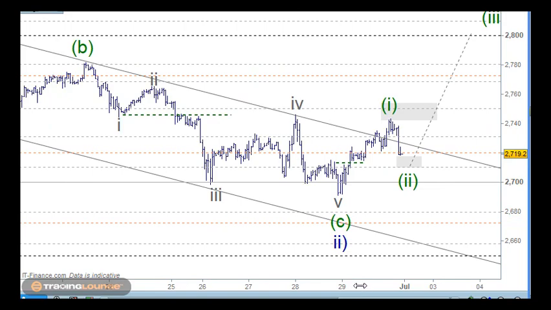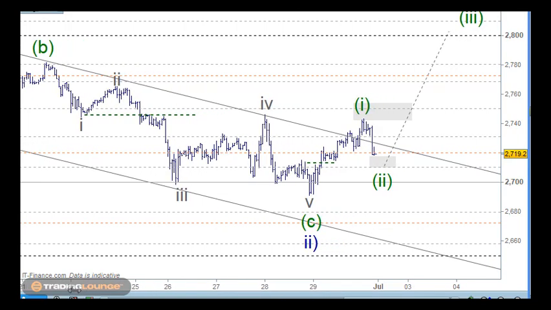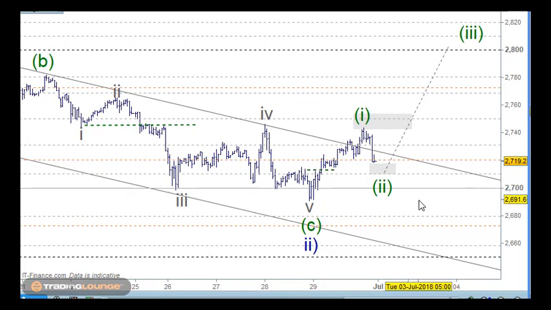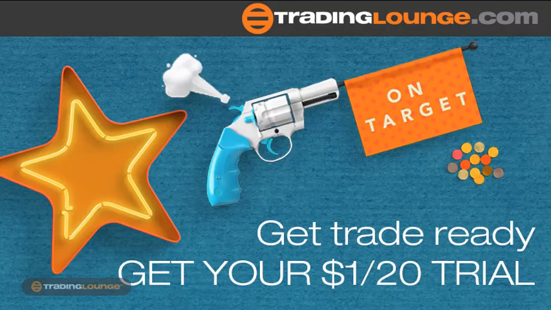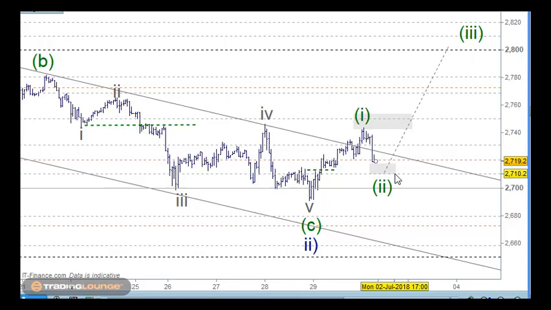Okay, so 2710 is basically the 61.8% mark. So you could look to go long from that point. The 2700 obviously is important, right? If that becomes a retested resistance, we'll look to go short. On the long side,